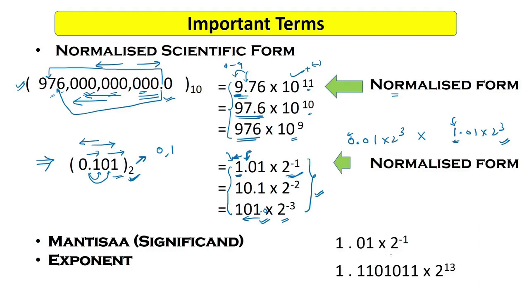Here you can see we have 2 examples. This thing will be called the mantissa, and the power of this 2 will be treated as the exponent. Same way, this total part after the decimal point will be called the mantissa, and this 13, the power of 2, will be called the exponent. As we know, in decimal numbers also, the power of 10 is called the exponent. Now mantissa is also known as the significand. You can use either the term mantissa or significand. I will use the mantissa in this video.